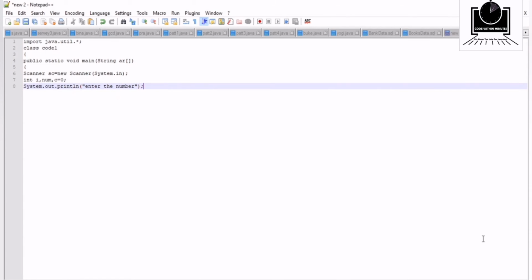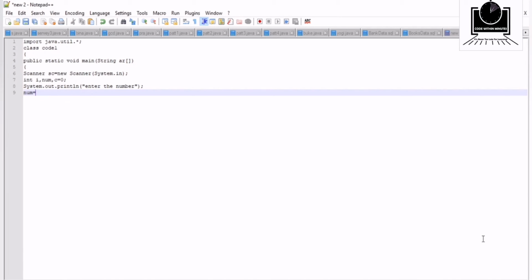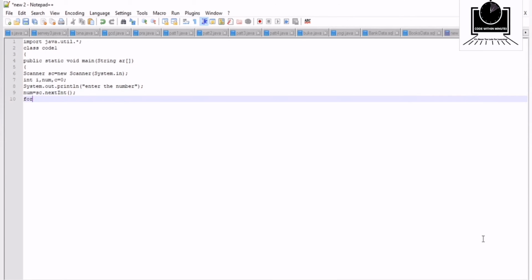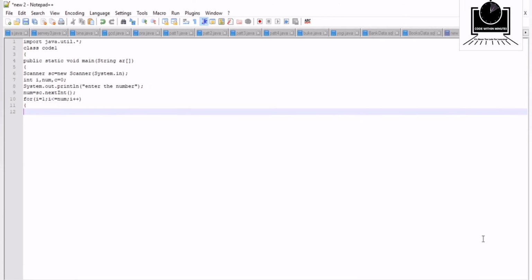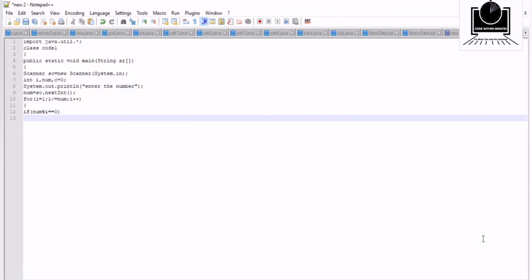After giving the message, we are taking input from the user, that is sc.nextInt. After taking input from the user, we have to write the loop which we have seen earlier, that i will start from 1 and then i goes till the number, and i plus plus is the updation for i. Then we have to check whether the number is completely divisible by i. If i completely divides the number, then we have to count it, c plus plus.